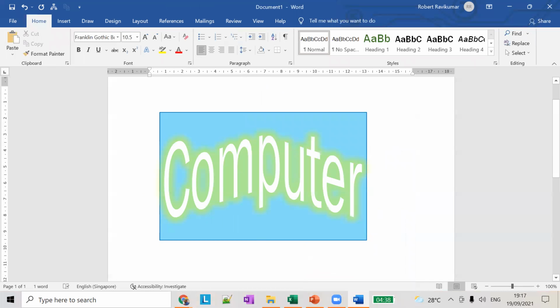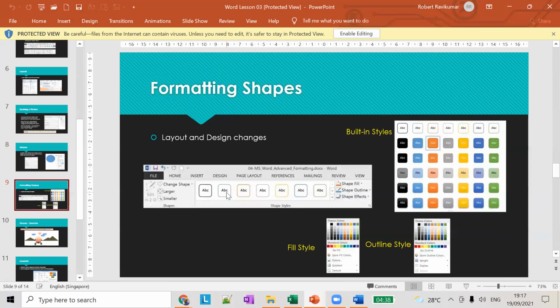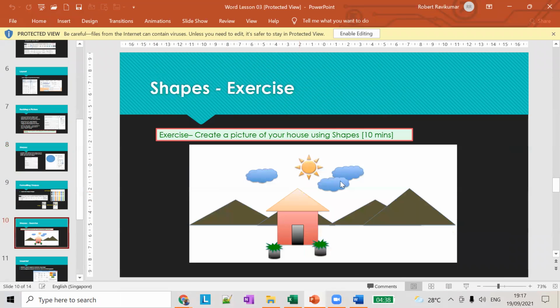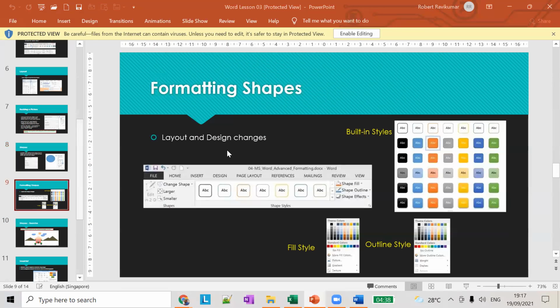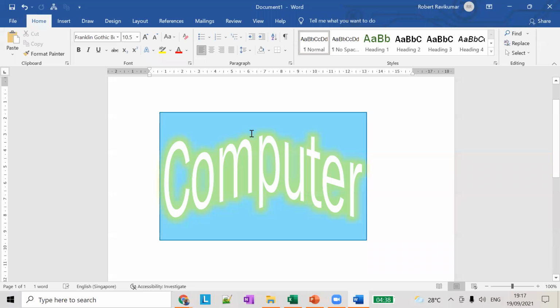Is this clear for you guys? If you have any doubts, you can ask me, because of the next exercise you're going to see. Sir, the computer outside, the green color writing, the computer, how did it come here?